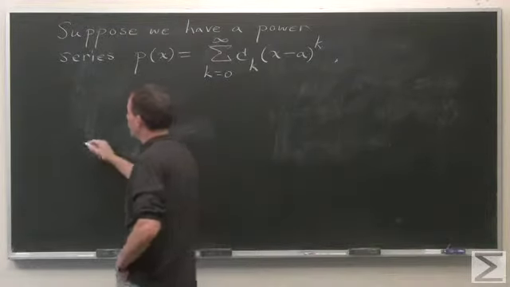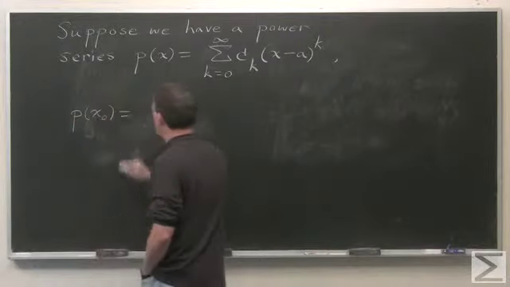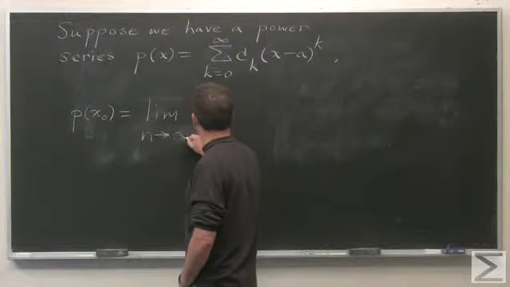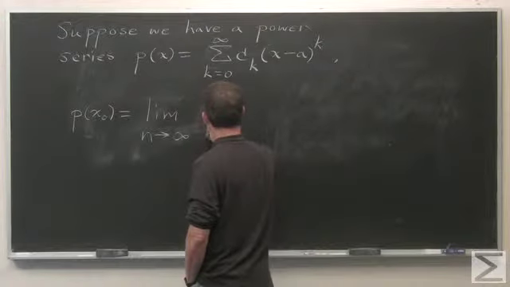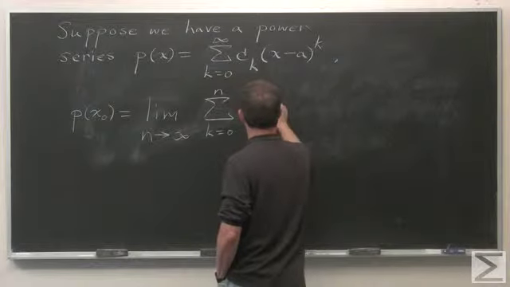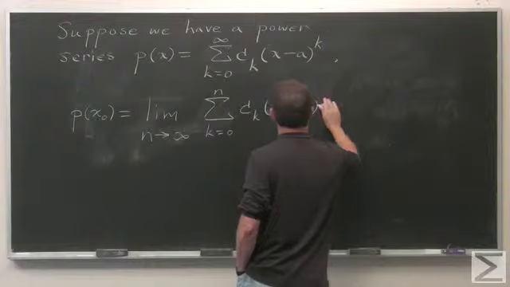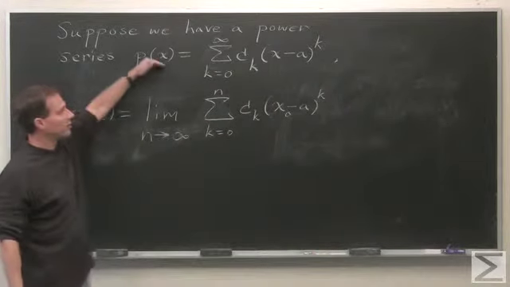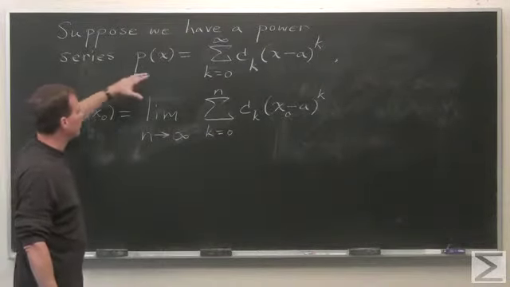If we evaluate P at some real number x naught, how do you define this? You define it to be the limit as n goes to infinity of what you get when you plug in x naught for x. So you take these partial sums. I'm writing x naught psychologically as meaning some particular x value. Here, x could just be some formal variable, but now I mean, if you pick some real number,